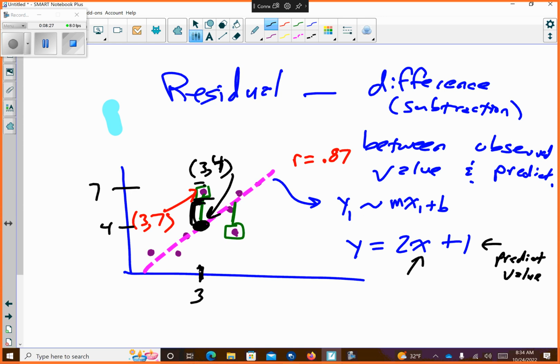But we can take the same x value and plug it in, and depending on our data versus our line of best fit, we can get 2 different y values. And again, it doesn't mean something happened wrong. It just means, hey, something happened. It's off a little bit, and that's okay. It's called the residual. Okay, so the residual is the difference between the observed value and the